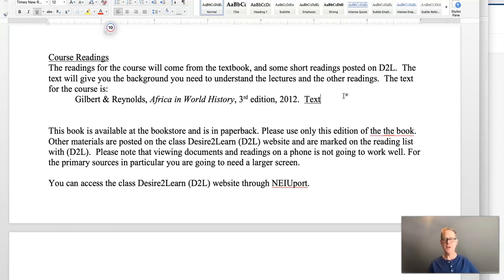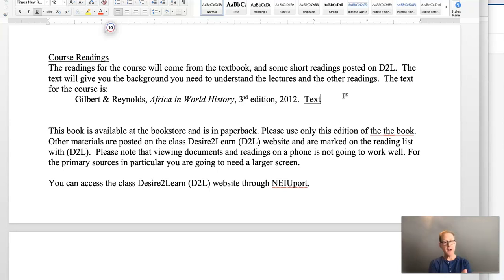A couple of the other major textbooks, the authors are European, and they use a lot of cultural references and so on that we're not going to know. So these guys teach at American universities, and they're familiar with students like you. Okay, so you're going to need the textbook.